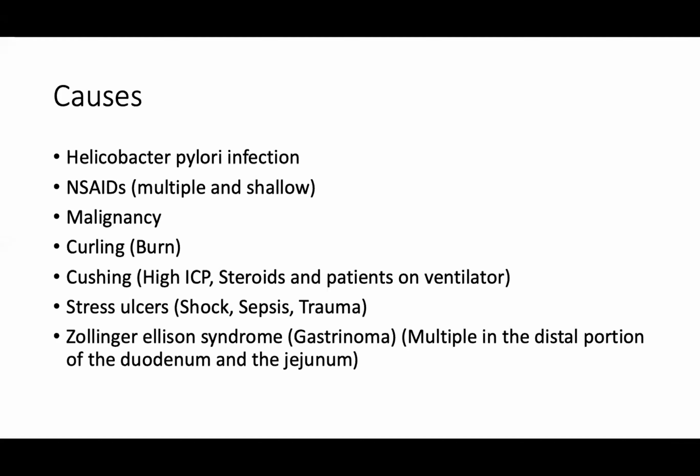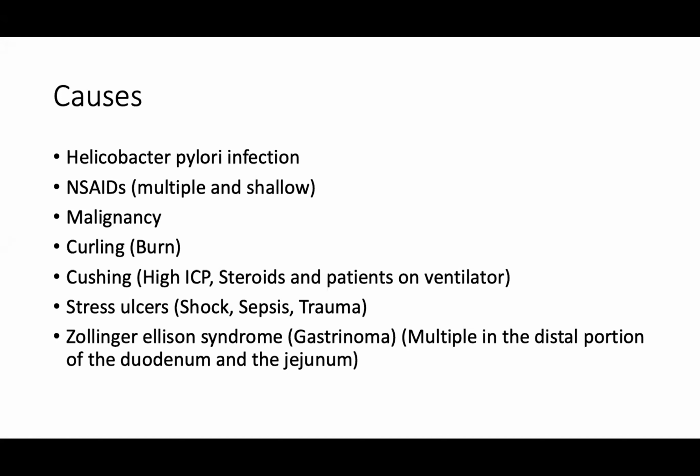We have also something called curling ulcer. This will happen specifically in burn patients. So the idea is in burn, you have a lot of volume loss because of all the skin that's being lost. When you have a lot of volume loss, what the body will do, try to shunt the blood toward the important structures, such as the brain. So what will happen is reduce blood to the stomach, reduce bicarb buffering, acid will dominate, then you'll develop the